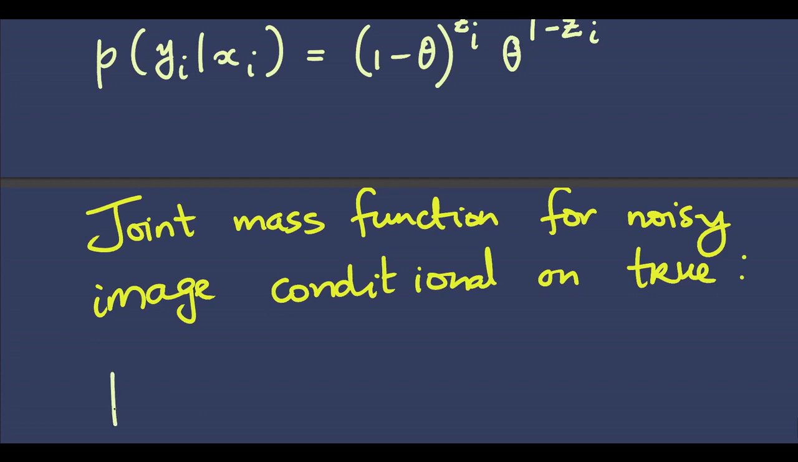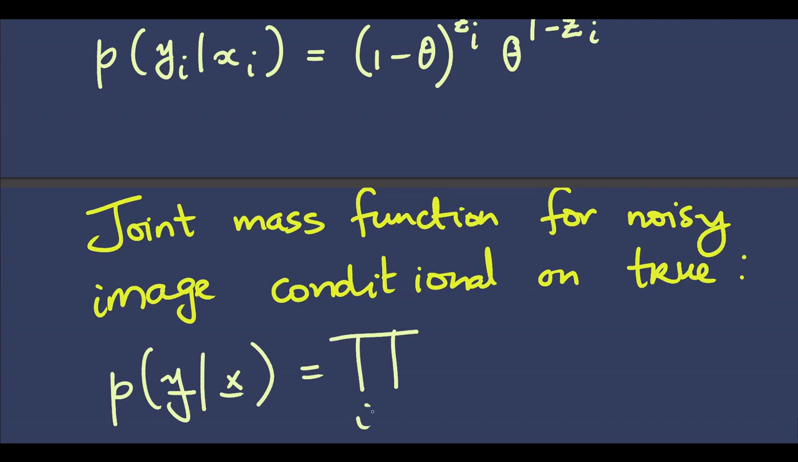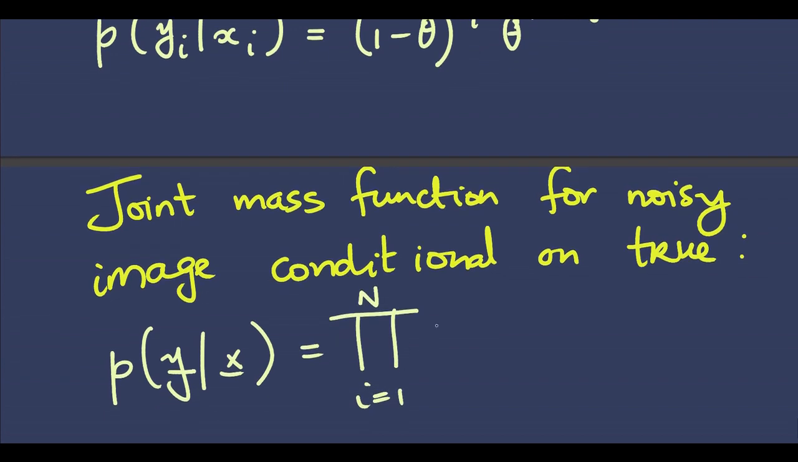Appealing to this independence of flipping over pixels, I can write down the joint distribution of y conditional on knowing the true image as the product over the pixels in the noisy image. So that'll be (1 minus theta)^zi times theta^(1 minus zi). Now we have a prior for the true image, which we don't know, and then we have a